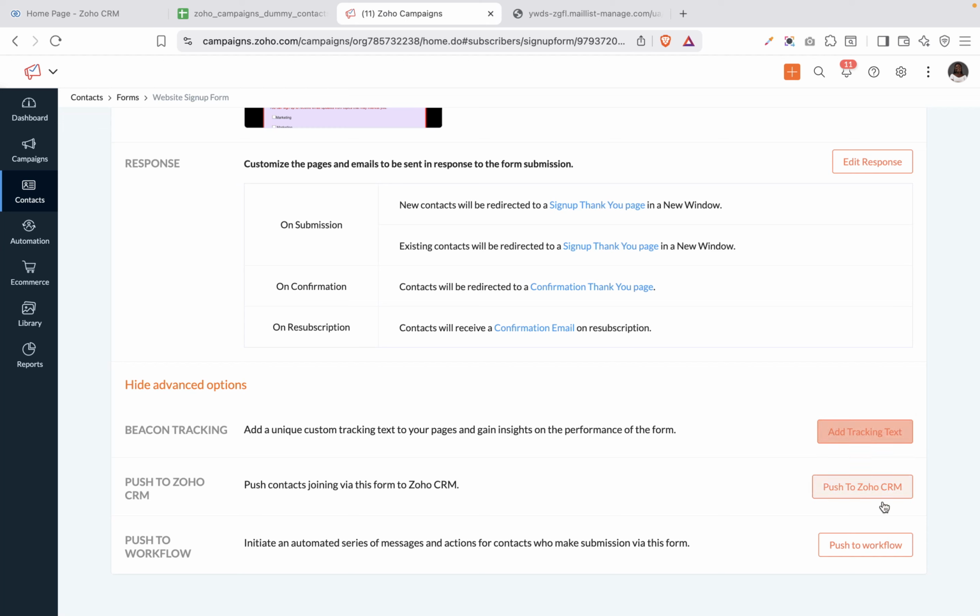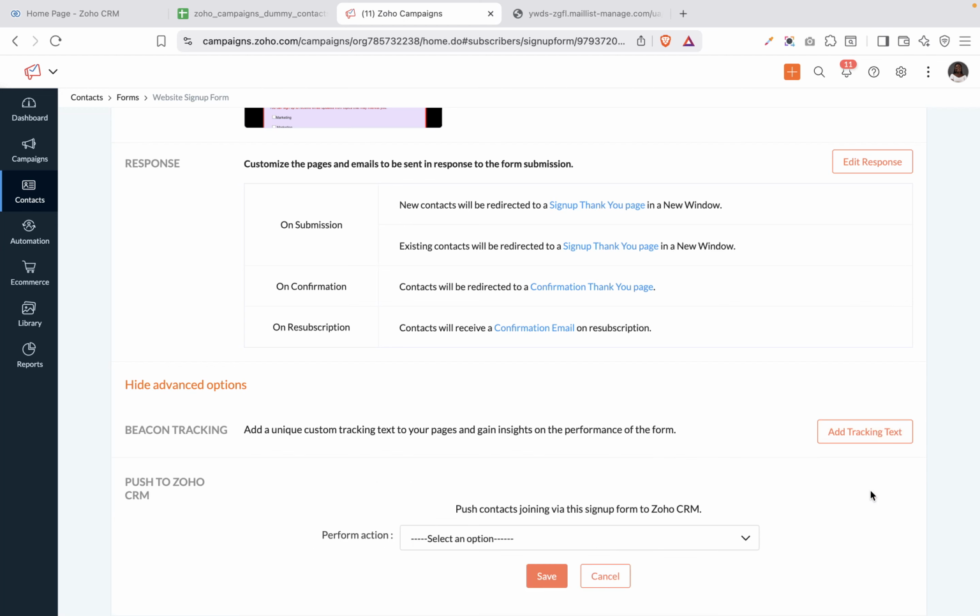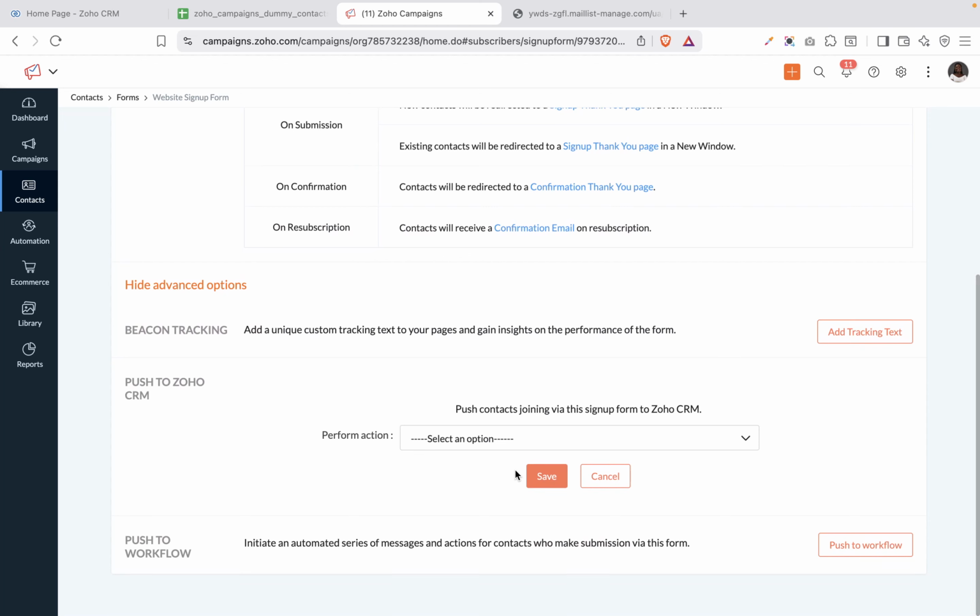You can add in a tracking test where you can track all of these details. And you can also decide to push to Zoho CRM. So if these leads are coming in from here, you can decide that you want to push them to Zoho CRM, and you can decide to update existing contacts, or you can decide that you want to update and push in new contacts into Zoho CRM, or you can also decide that you only want to update existing contacts. So if any contact is coming in from your website and they are coming through this form